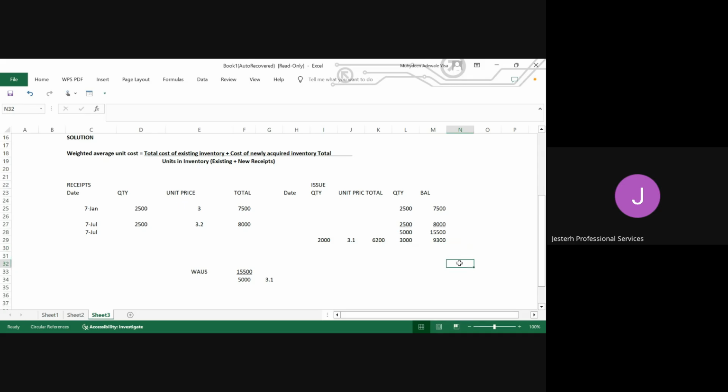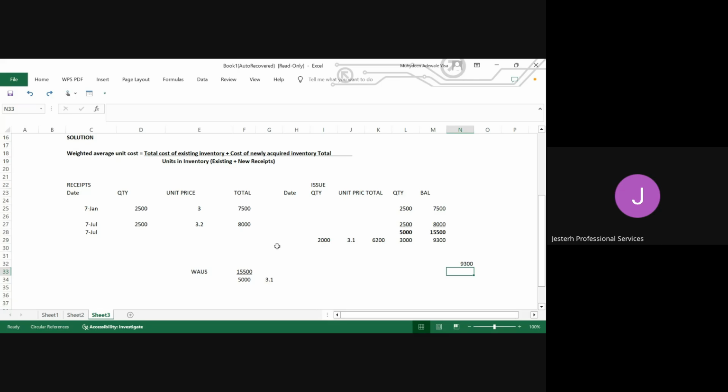But on another side, if we want to check if this is actually correct, remember that the value of what we are issuing this thing out is 3 naira 1 kobo. You can just say 3 naira 1 kobo multiplied by 3,000. So it's still going to give us the same value. So either way that you use to determine the closing inventory as at when you issue out, you are still going to get the same thing. Let me leave this one here.